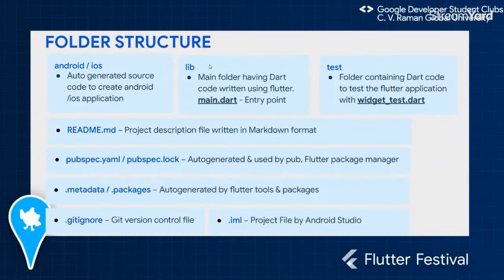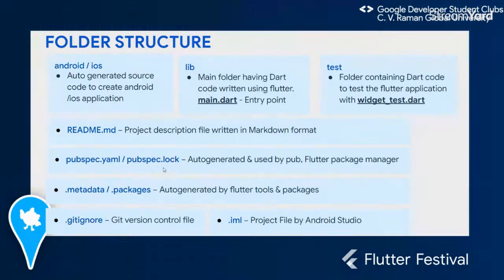Next, we'll see there is a lib folder, that is the short form of library, and it contains main.dart file, and that is the file which is automatically created after we create our project, and all the code that we write in the library folder only, creating our dart files. And after we build our project for the first time, there is a test folder also generated, which consists of widget test.dart file. Apart from it, there is a readme.md file, there is a